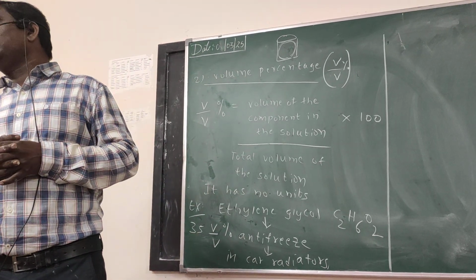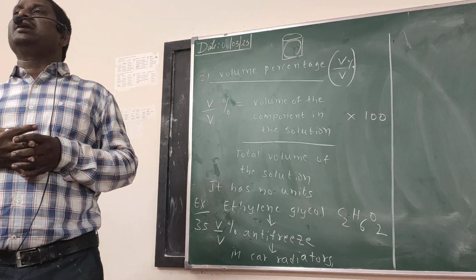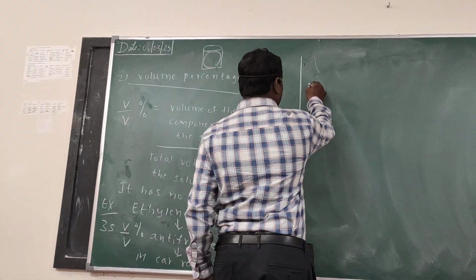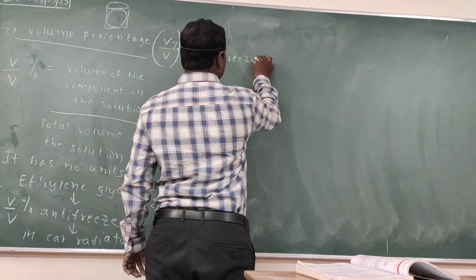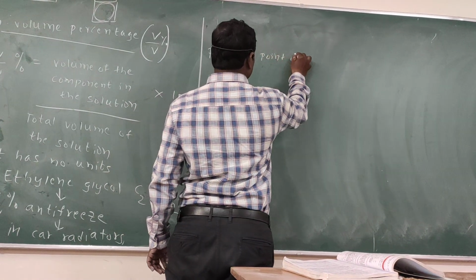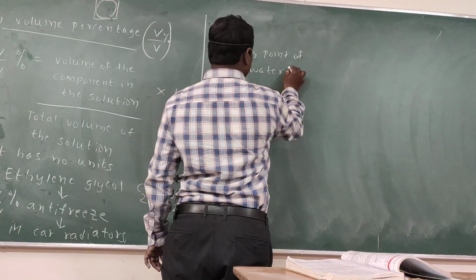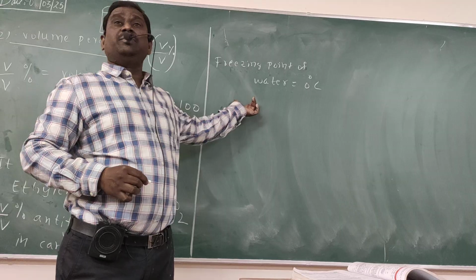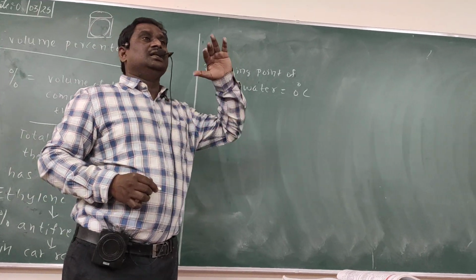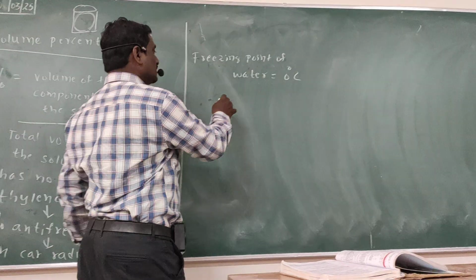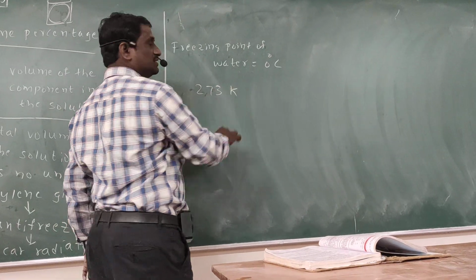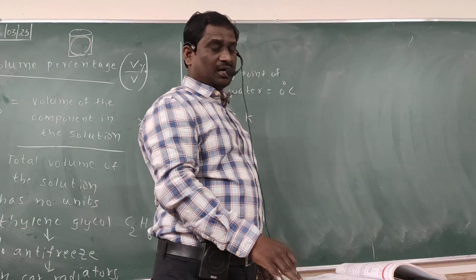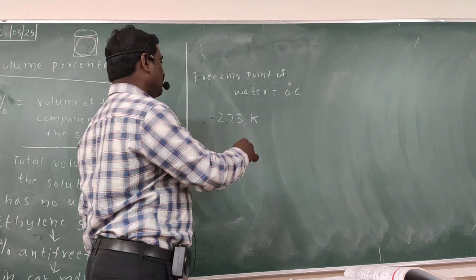Generally you know the freezing point of water. What is the freezing point of water? 0 degrees Celsius. Now if you take this ethylene glycol, the temperature values, generally what is the normal temperature in kelvins? 273 kelvins. So if you take this temperature at 254.4 kelvins,